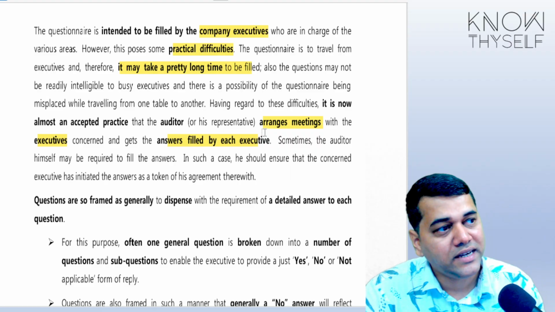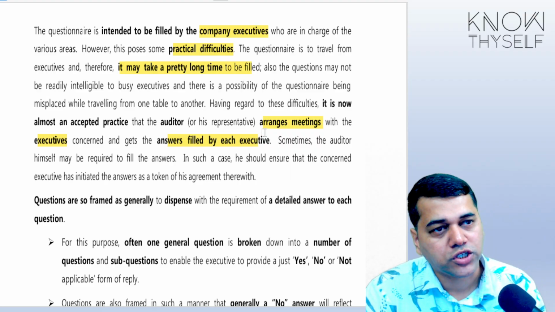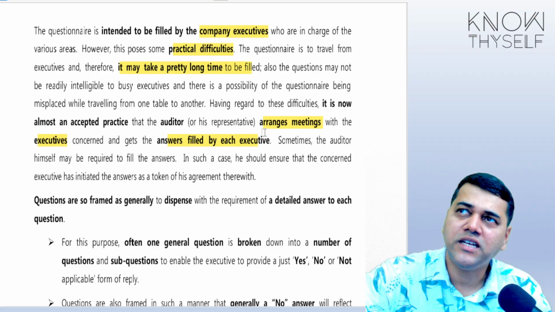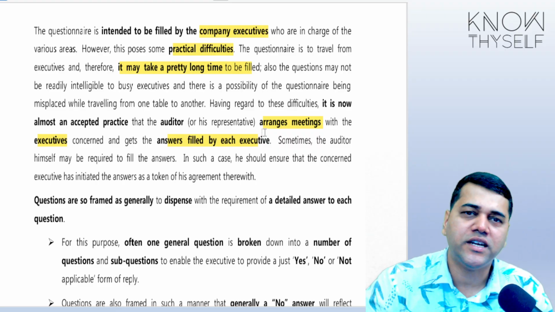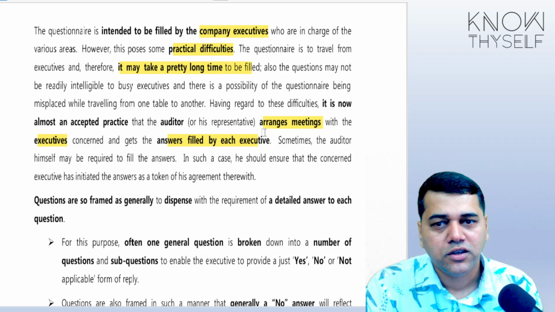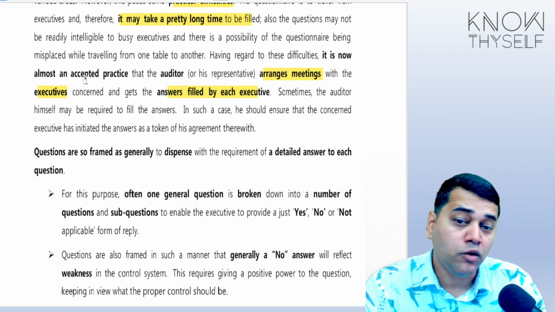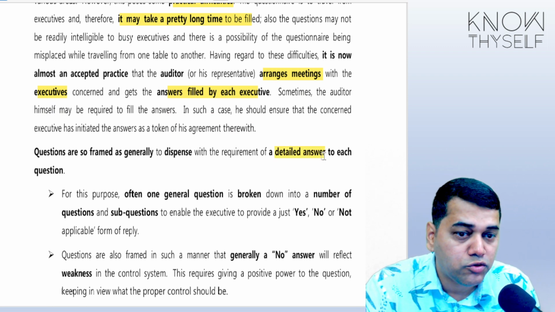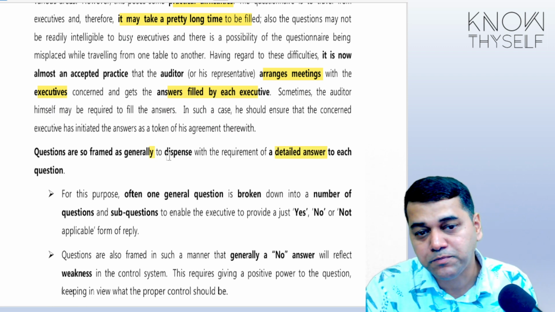Yeah, because sending some data, sending a questionnaire to executives is a waste of time. And you mark it in the email high important, urgent and all, and urgent has become normal today. Everything is urgent only. So this is how they do it. And how you frame it: I frame the questionnaire in such a way that there is no detailed answer. Please understand, we dispense with the detailed answer.